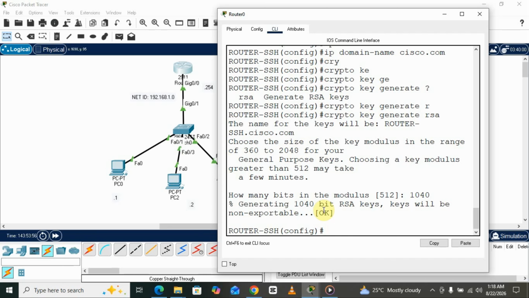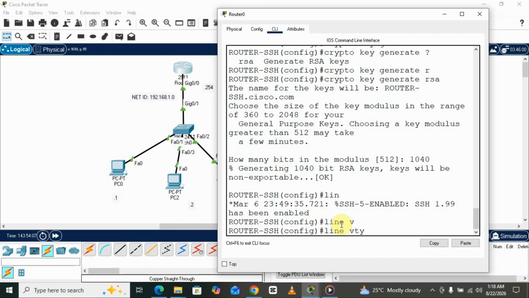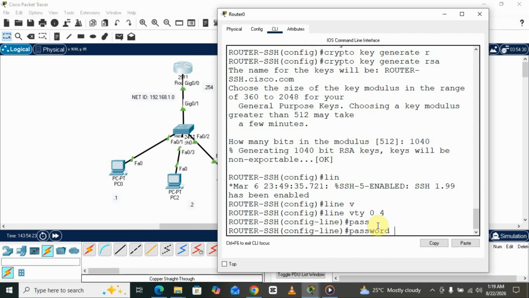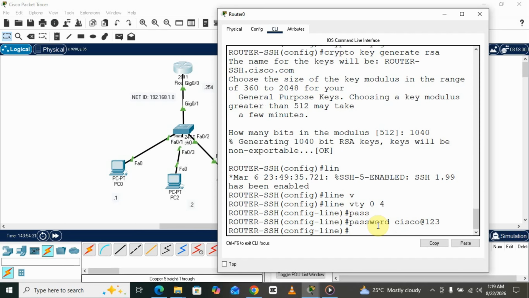Okay, so after I've generated the key, what's next is to configure the virtual line, which I'll go with line VTY 0 4. So I can go up to 15 by default, but then it's not really necessary to open up to 15 virtual lines. So I decided just to open 4. So I will use password. I will say Cisco123, and then I'll say login